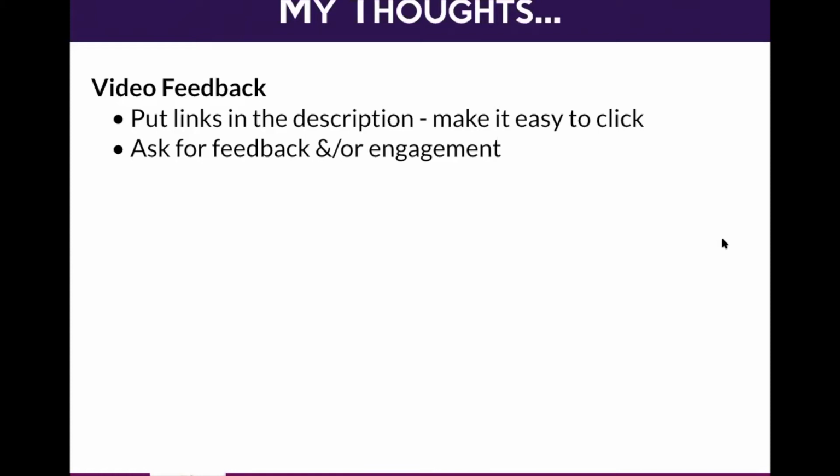One of the things that you want to do with these YouTube videos is ask for feedback or engagement. YouTube has all kinds of algorithms. That's probably a word you've heard now. If you've been in this marketing world for any significant amount of time, algorithms are basically the rules that platforms like Google or YouTube or Facebook or Instagram have behind the scenes. So these are all the technical rules that determine whether your video is shown to other people, how often. When you're playing on other people's platforms, you have to play by their rules. And so to know what their rules are, you understand what the algorithms are,